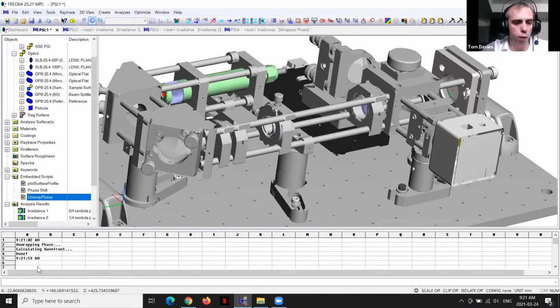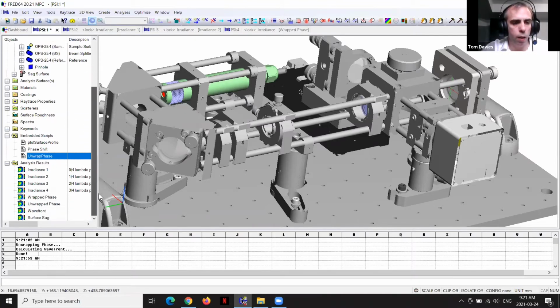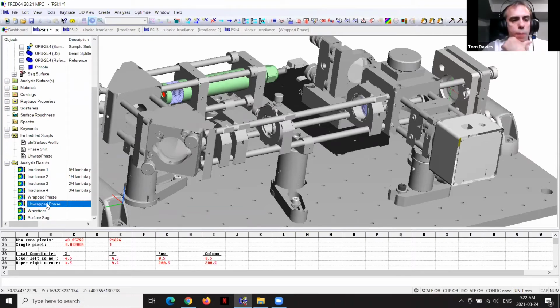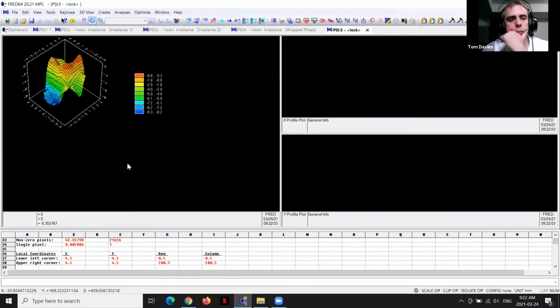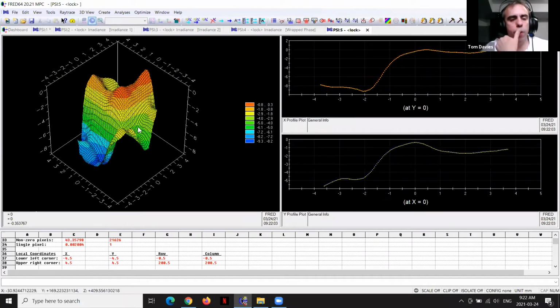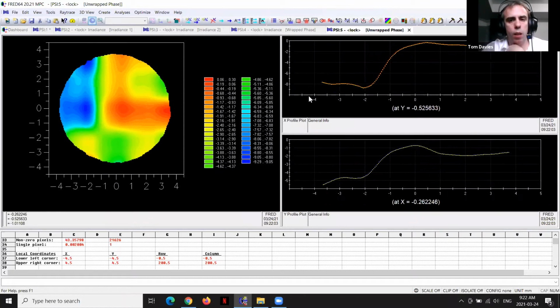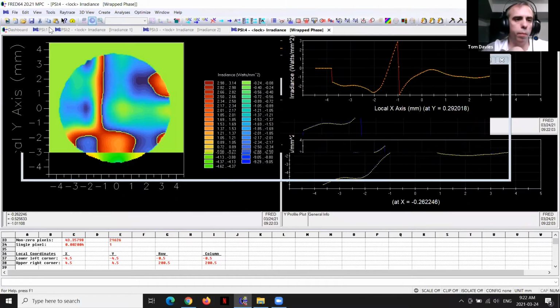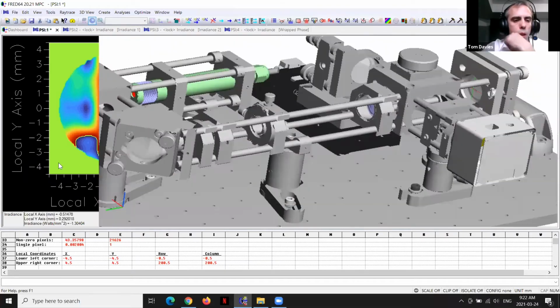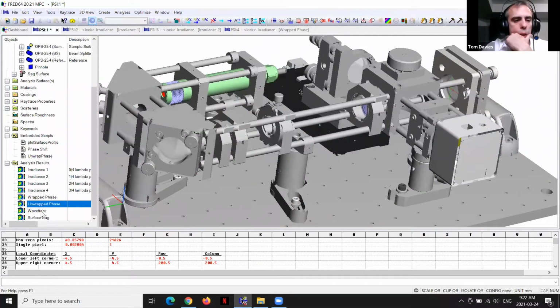Okay, so I see from my little note that it's done. And I can see here, first of all, let's check the unwrapped phase. So this is the unwrapped version of the wrapped phase we just showed briefly. And you can see here there's no discontinuous jumps in the phase profile. So that looks good to me. And then let's skip straight to the surface sag. So this is the key